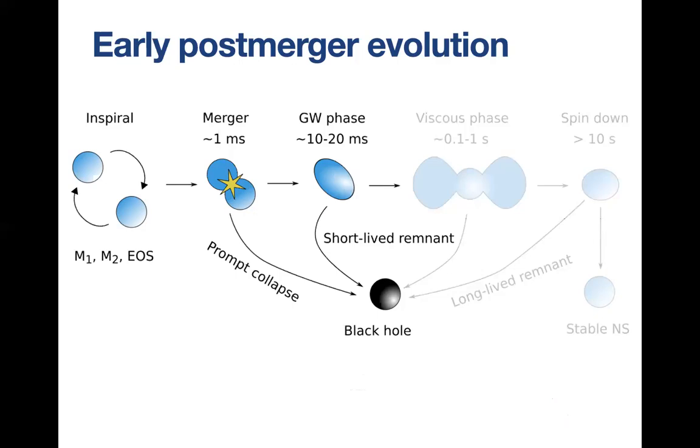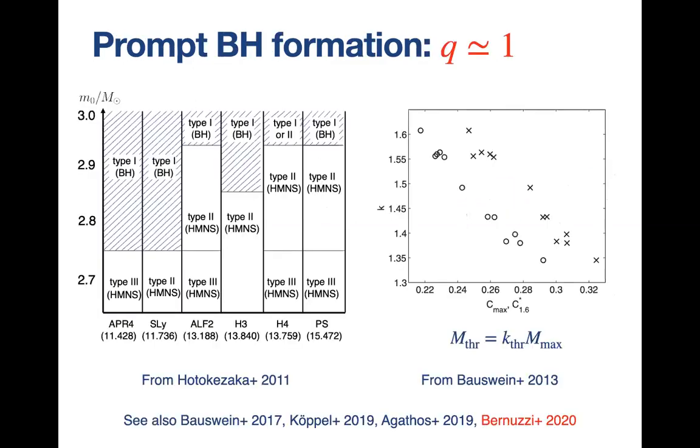This is the part of the post-merger evolution that we understand the best, because the evolution at these early stages is dominated by hydrodynamics that we think we can understand up to a certain point, and gravitational wave emission. So really what matters here is the bulk motion of the fluid, and this is something that we have a hope to resolve in our simulations.